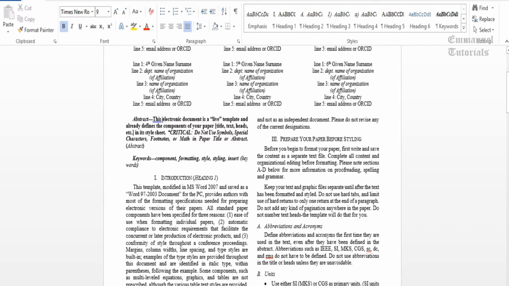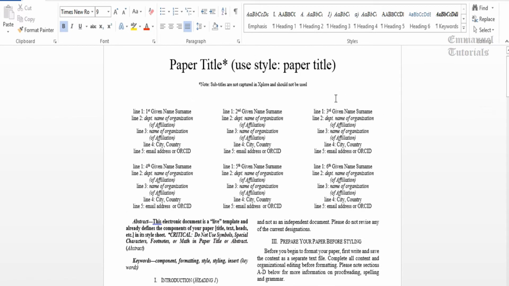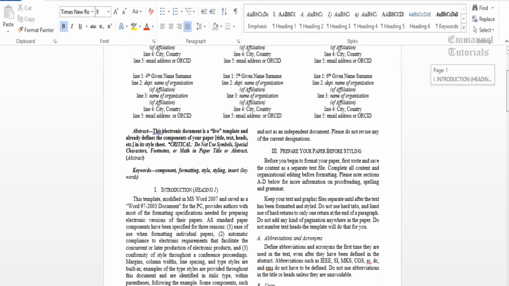So in your heading, in this paper title or in the abstract, you should not use symbols like plus, minus or any other special characters like the ampersand, and footnotes or math, any mathematical equations. These should not be given in your paper title or abstract.